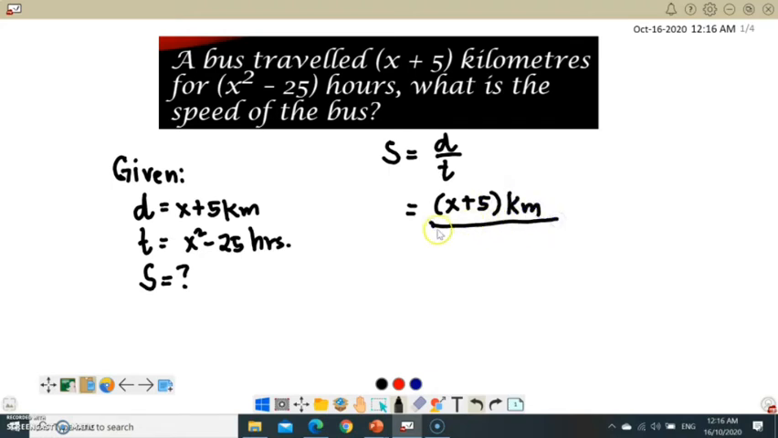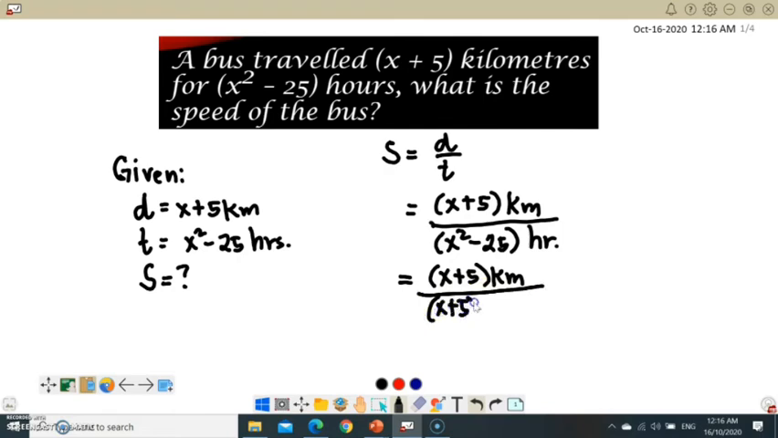Time is equal to x squared minus 25 hours. So for us to simplify the numerator and the denominator, we need to find the factors of the denominator, which is x squared minus 25. And what are the factors of x squared minus 25? So we have here x plus 5 multiplied by x minus 5